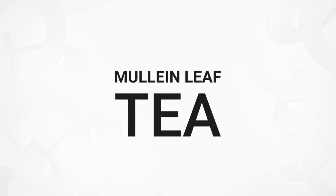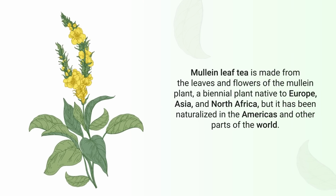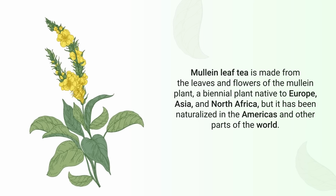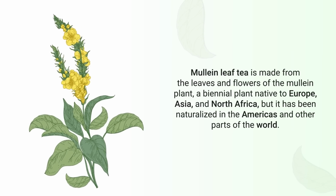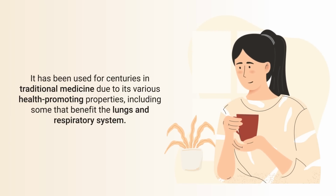Number 1. Mullein Leaf Tea. Mullein tea is made from the leaves and flowers of the mullein plant, a biennial plant native to Europe, Asia, and North Africa, but it's been naturalized in the Americas and other parts of the world. It's been used for centuries in traditional medicine due to its various health-promoting properties, including some that benefit the lungs